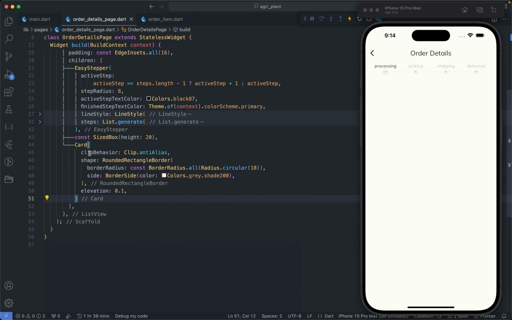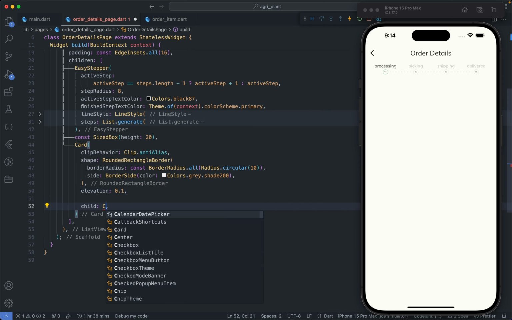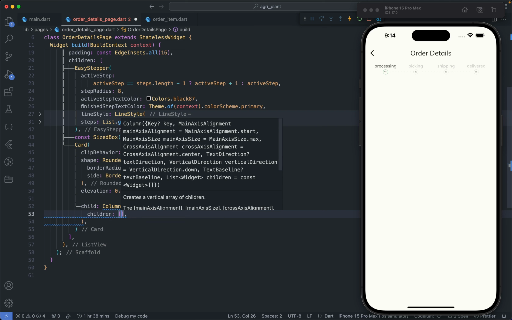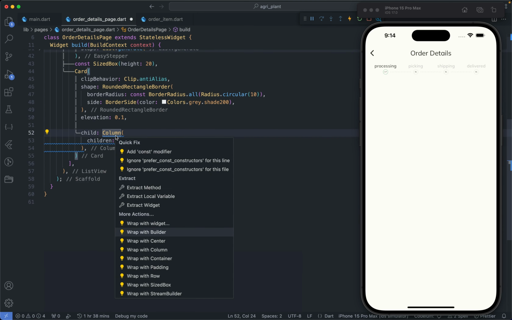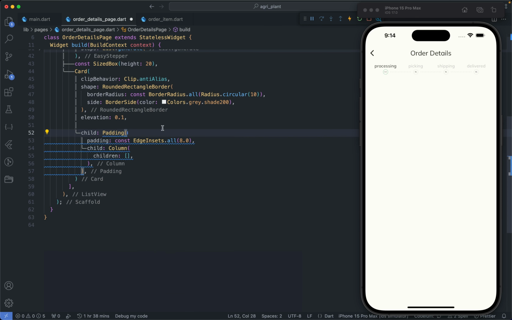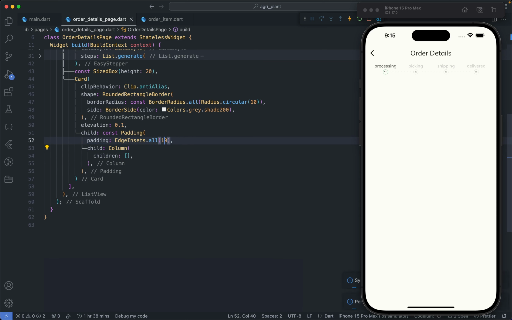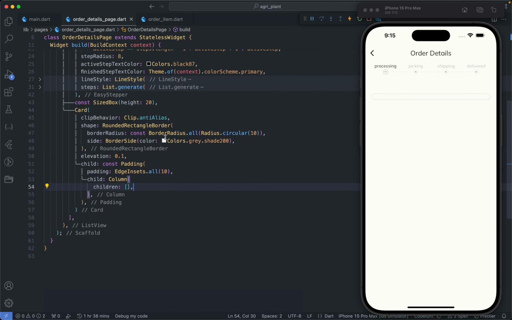So this card, within it we are going to have a column with some children, and let's first wrap some padding around this column so that we have space within the card. So padding, and I'm going to give it a value of 10, like this, and we can immediately see our card, right? And the sizer box height of 20 is a bit huge, so I'm going to give it 15 or 10, right? So this looks a bit okay,